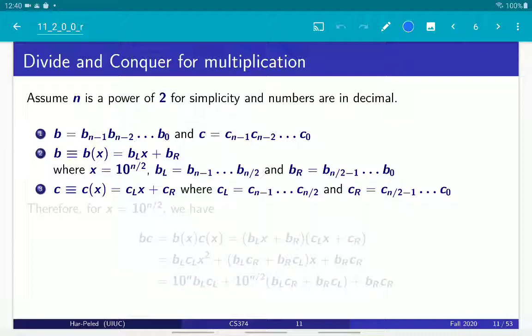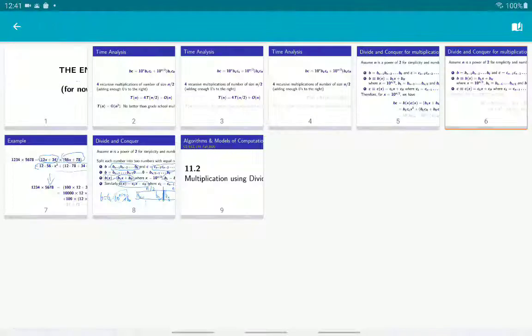Okay, so now the important thing about this is that bl and br and cl and cr, those numbers that we defined, they are half the size. So if you look on the multiplication,